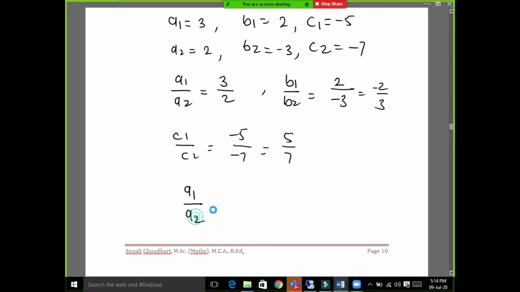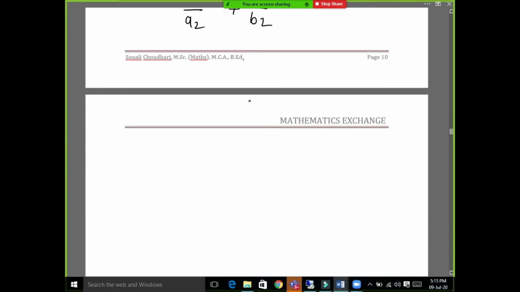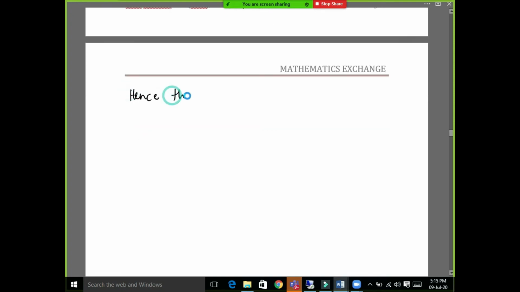So here we write down a1 upon a2 is not equal to b1 upon b2. If we take the first ratio, the values are not equal here. Hence, the lines are intersecting lines, and for intersecting lines, the equations are consistent. Hence, the pair of equations